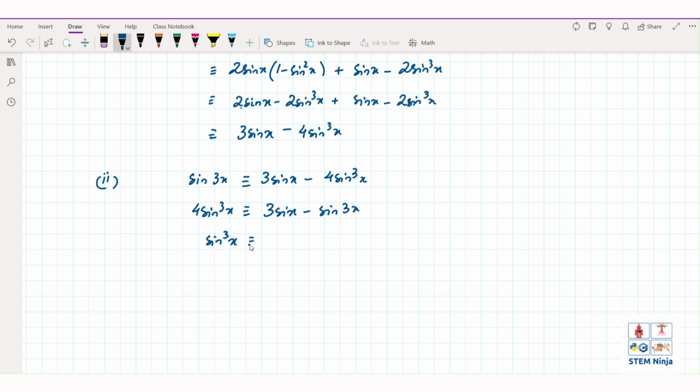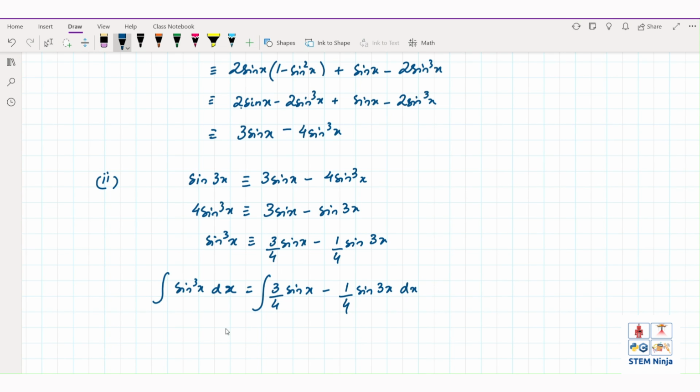Sine cubed x would be 3/4 of sine x minus 1/4 of sine 3x. So to integrate sine cubed x dx would be equivalent to integrating this side